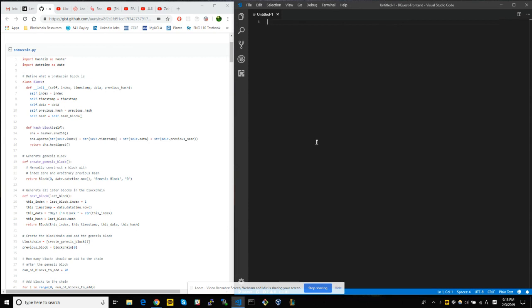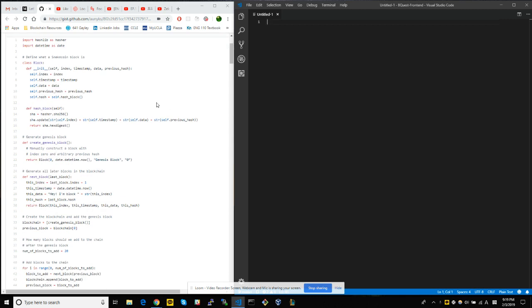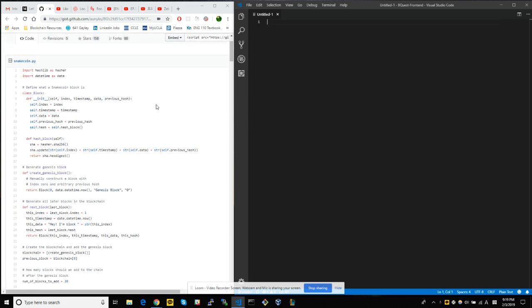This video will be covering more of the coding aspects of creating blockchain. So the live lecture should have been more about the concepts of blockchain and how it works in general. For this video, we'll be going into the Python code for making a very basic blockchain. As you can see here on the left, we have around a 50-line piece of source code, and this allows us to create a very basic implementation of a working